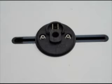The board does not have an adjustable mast track. Instead,